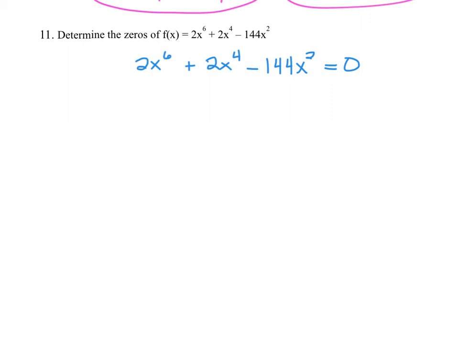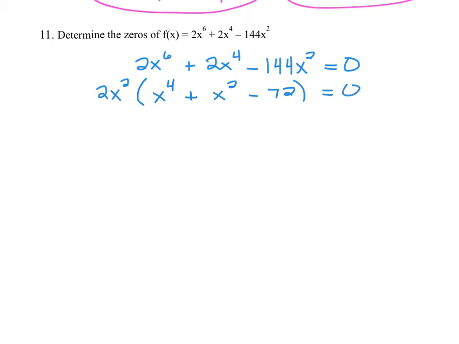So if you want to divide both sides of the equation by 2, you can, but you cannot divide by a variable. What you can do instead is factor out that variable. You could factor out the x squared. I'm just going to factor out the 2 along with it, because if I'm factoring out the x squared, I figure you might as well just factor out the 2 as well. So then that's going to leave me with x to the 4th, plus x squared, minus 72